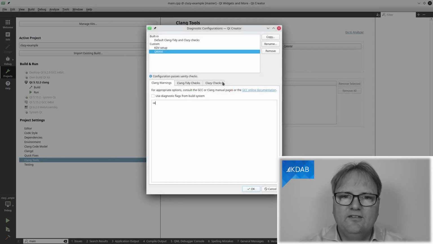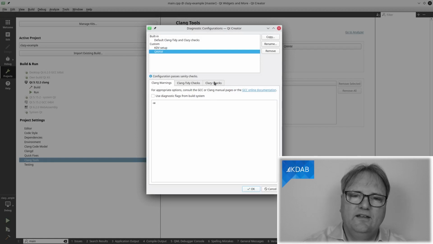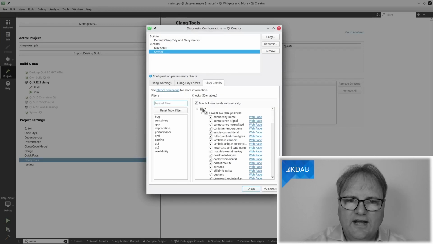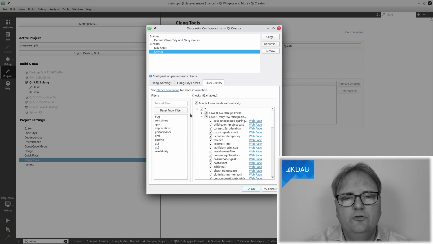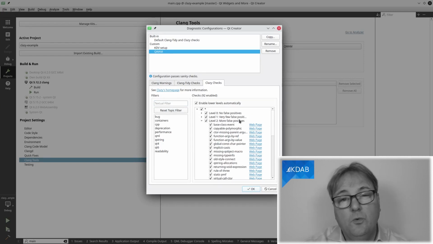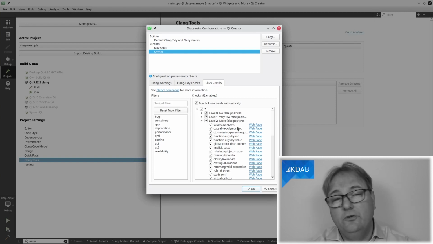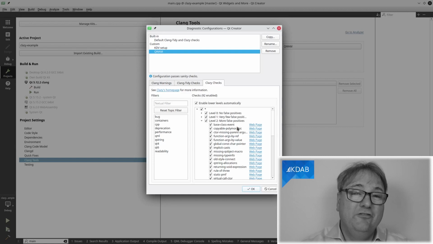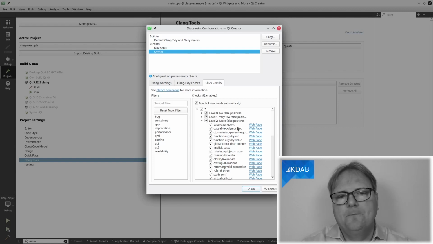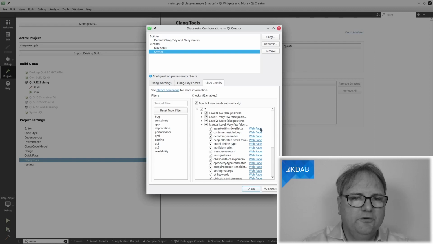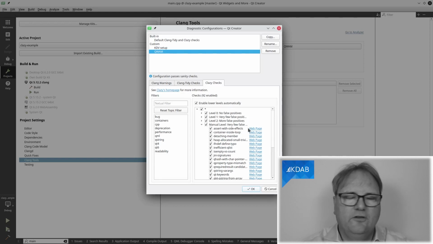And now I have Clang-Tidy and Clazy. I can configure my test. So let's go over to Clazy and say, I want all of Clazy. So that is level 0, no false positives. It is level 1, very few false positives. It's level 2, more false positives, so it could be warnings where it's not really an error. And I'll show you how you can take it and turn it off for individual warnings. It's manual level, very few false positives, and whatever that means, let's not bother about that. So lots of different warnings.